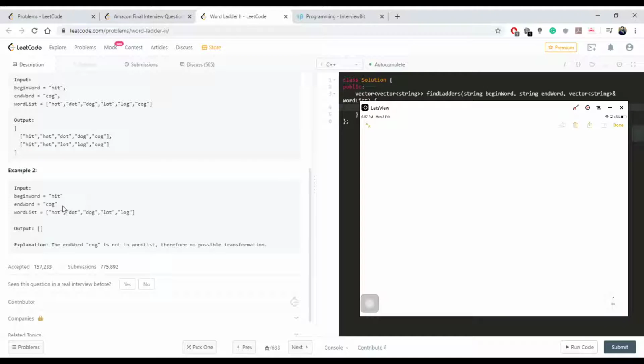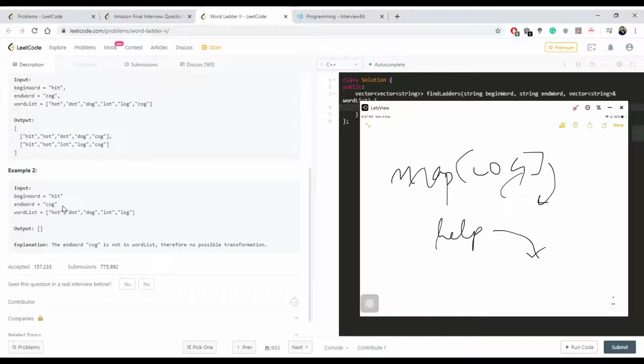That is, see what map cog is, and for its values, we run the helper, and in that way, if we're able to reach HIT, it means there is a solution. This would be better. Of course, both methods are correct, this and the other one, but this would be better